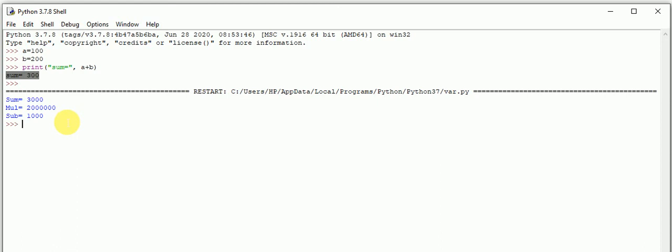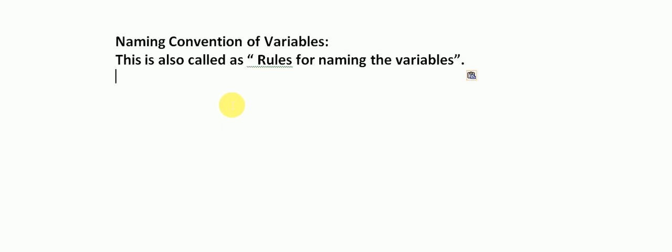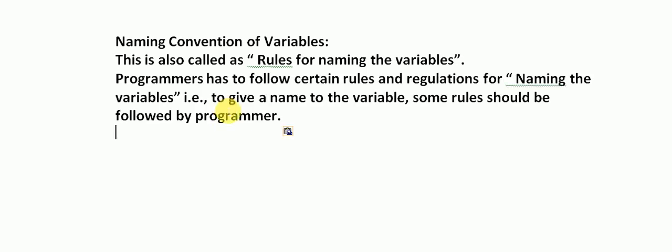Okay. Now we come to the naming convention of variables, also called the rules for naming variables. The programmer has to follow certain rules and regulations for naming variables, that is, for giving a name to the variable.